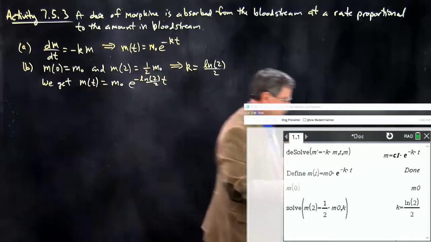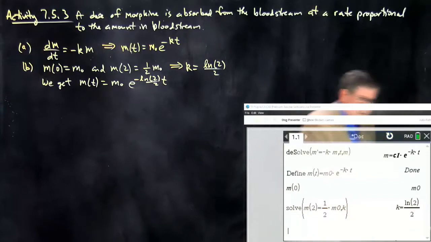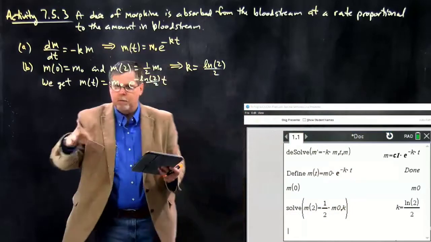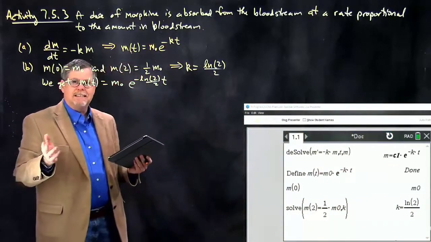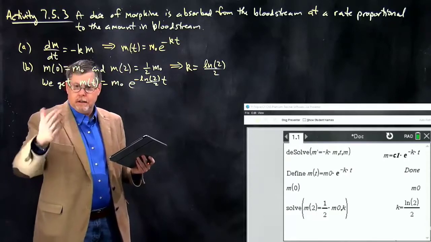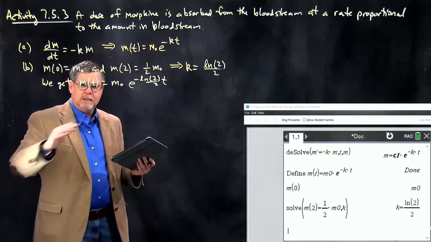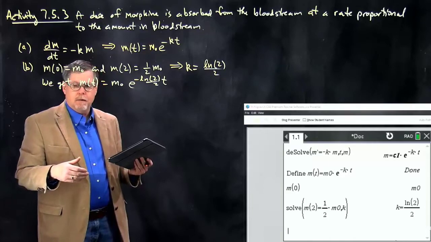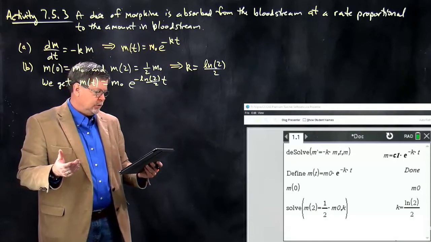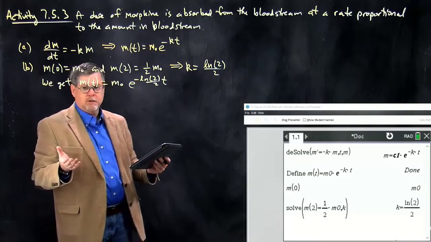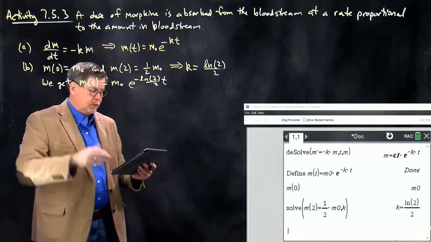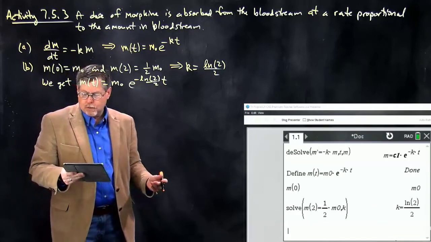What we're ultimately trying to do here is determine how to set the dosage that we give so that it reaches a steady state of, I think in this case, 7 milligrams of morphine in the bloodstream. So that's ultimately where we're headed with this. So part C